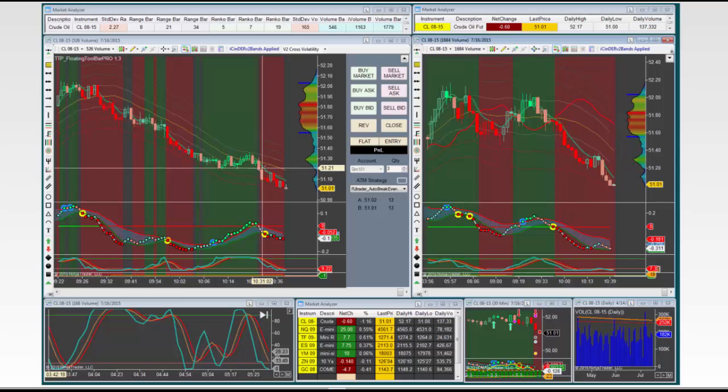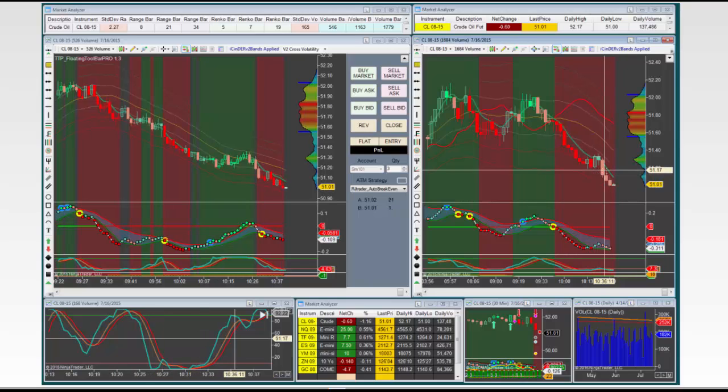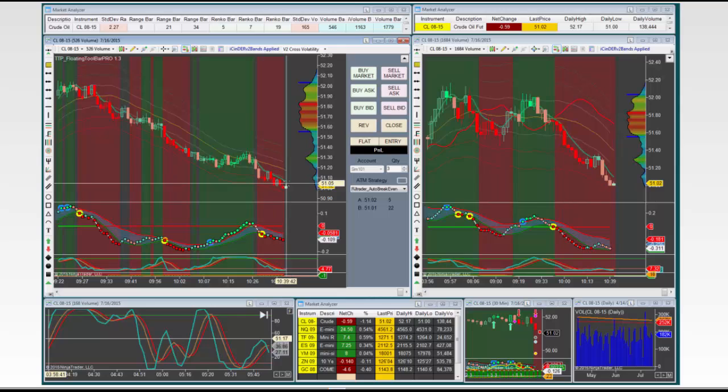This point right here would have been, let's see, that's 1031. Let's look for 1031 over here. At 1031, it was in a short bias, and this switched over to a short bias. This was actually a trade right here. And this trade would have been this. The trade would have been, as it turns red, so right here,